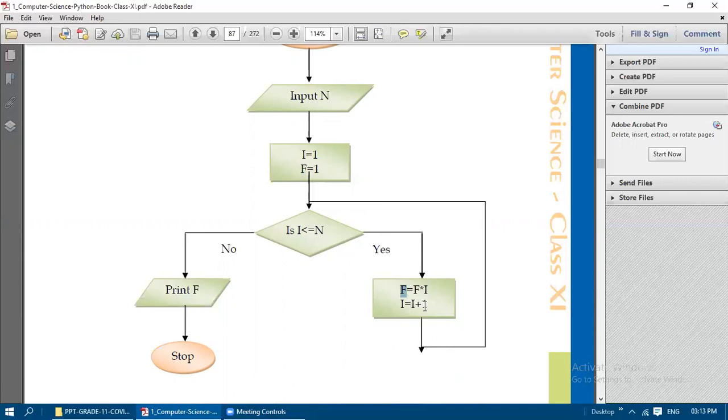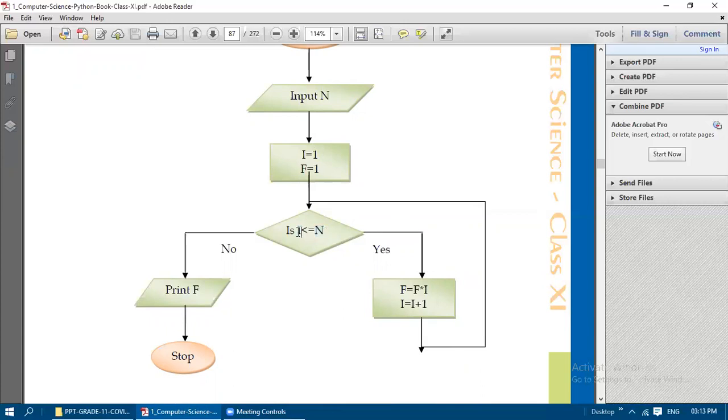Now I will get incremented. Next I will become 2, as in 1 into 2 into 3. So the next number for I should be 2, so automatically we need to increment the value of I. So I is equal to I plus 1. This flow is connected back to the decision box, to check the condition again. This process is going to be repeated until I becomes 5.